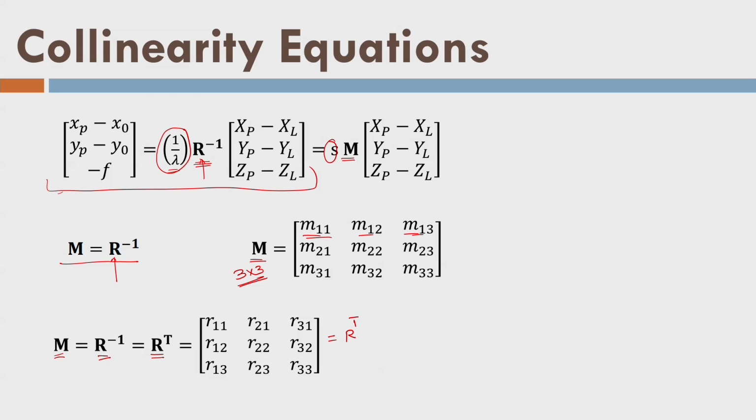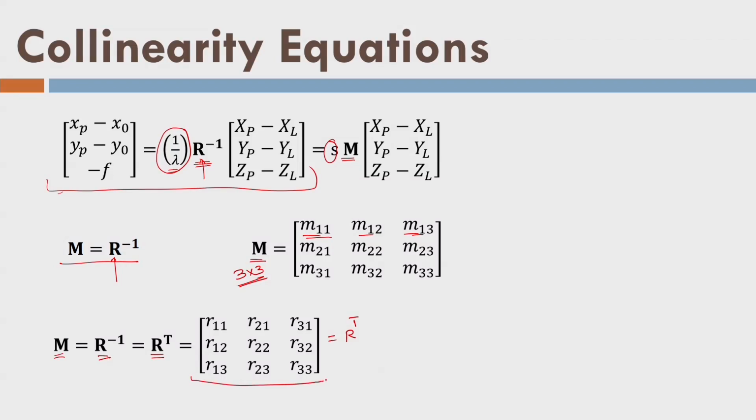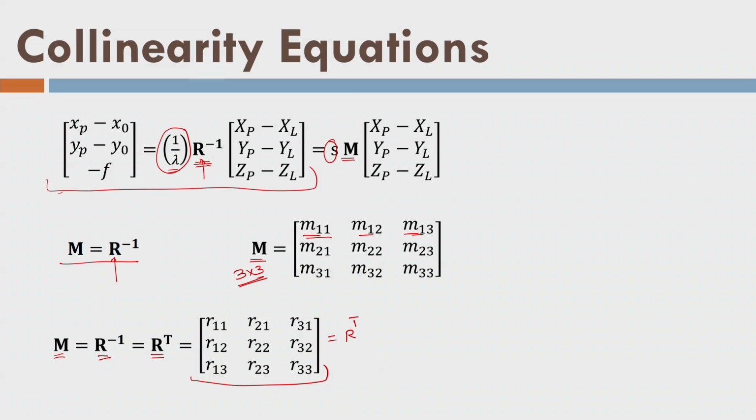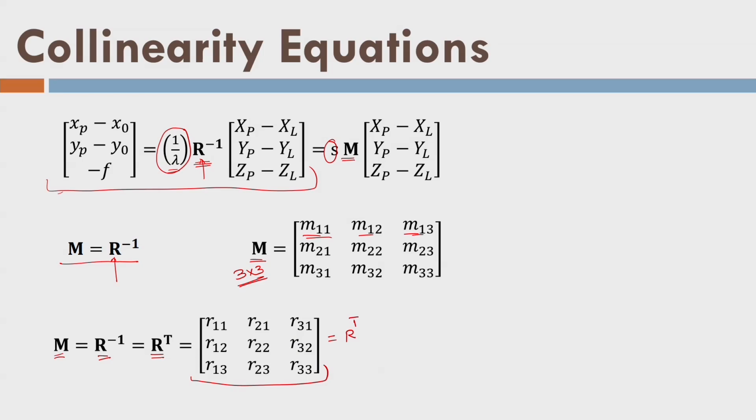And remember one thing, it is very crucial, because we imagine omega phi kappa as the conversion from image coordinate system to object coordinate system. We have our imagination that way only. So, these matrices are developed using values of omega phi kappa from image to object coordinate system, not the other way around. We have started from there because it is easy for us to understand, and also we have so many images and we have to rotate each image into one object coordinate system, so that we can develop our 3D model in one object coordinate system.